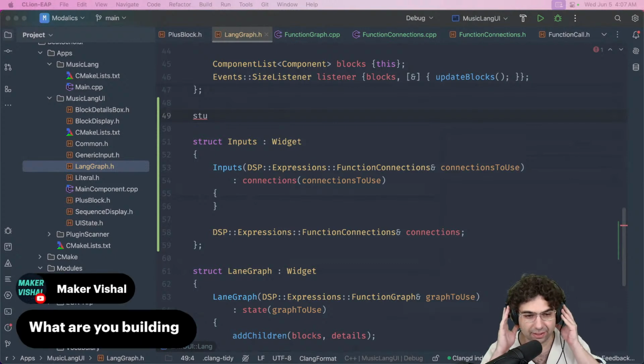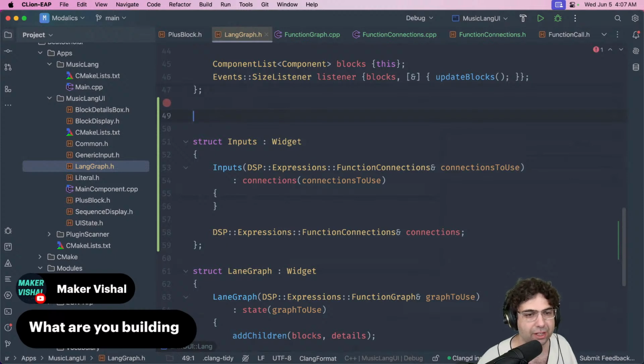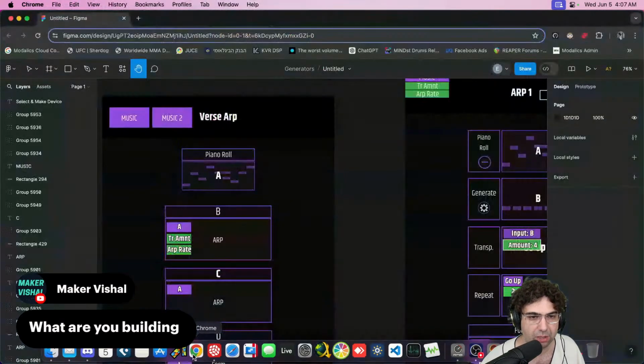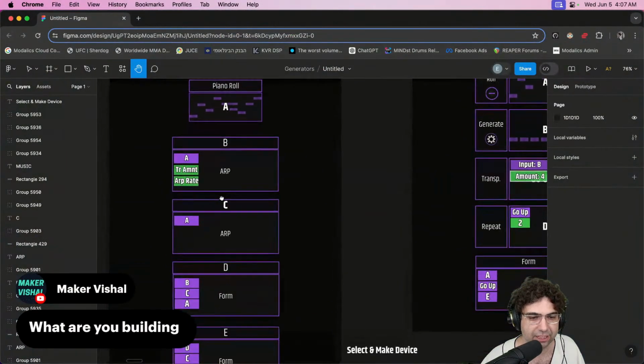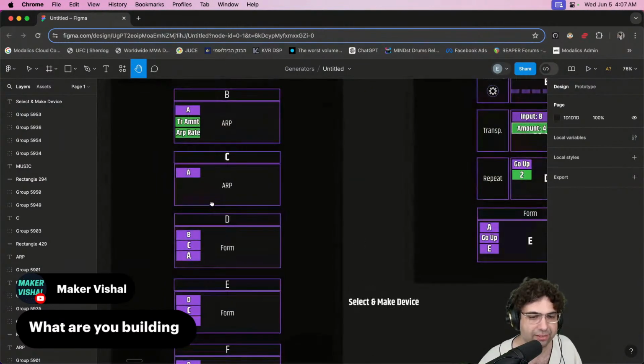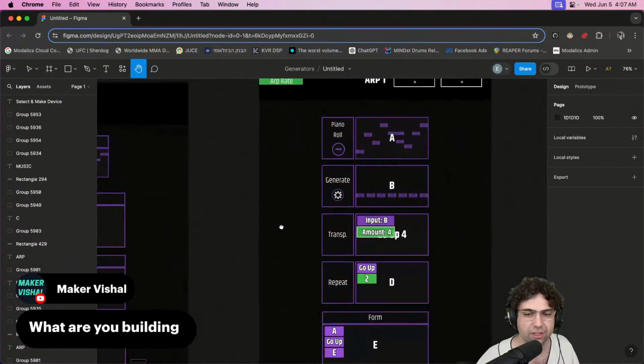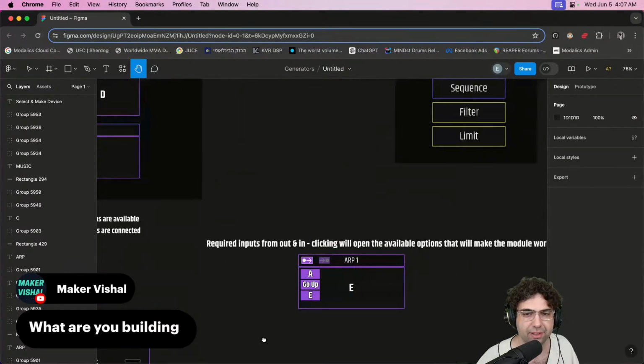So what I'm building is a music composition software that's based on the idea of a functional programming language, but there's no text input in the software itself. It's just conceptual. As I was showing before, I was showing Or's sketches. This isn't what it's going to look like. This is just us talking about the idea, but there's going to be all these blocks.